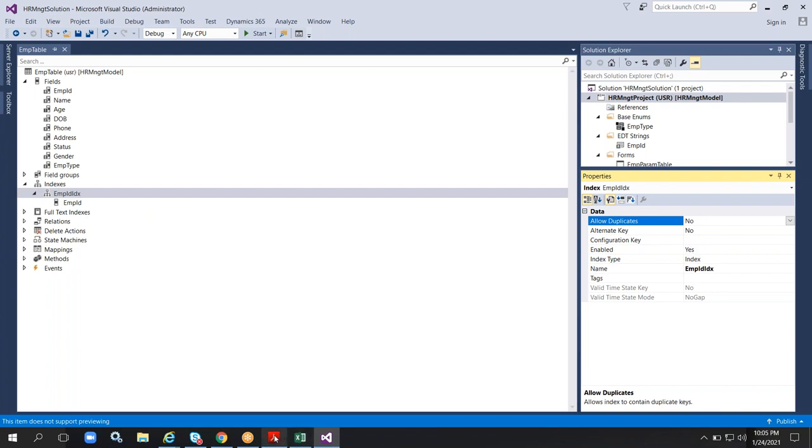Okay guys, we'll see tomorrow the next very important property, relations with the tables. Yeah, Arjuna, how can we create cluster